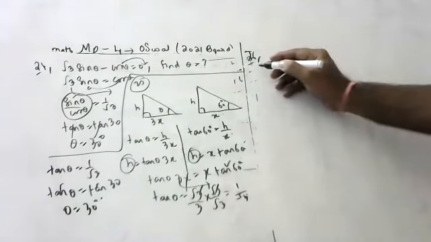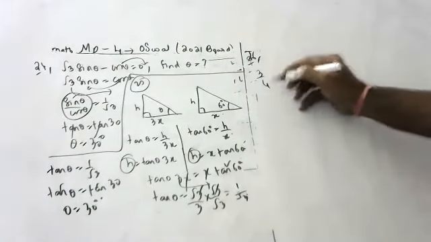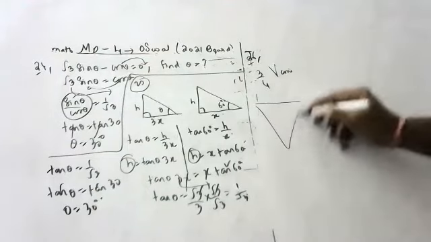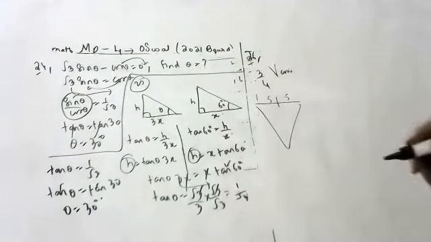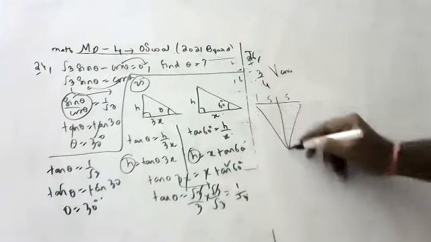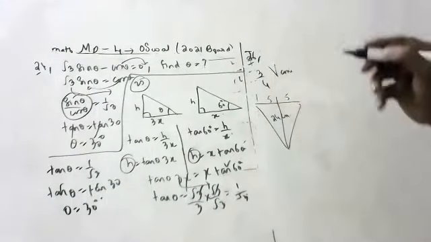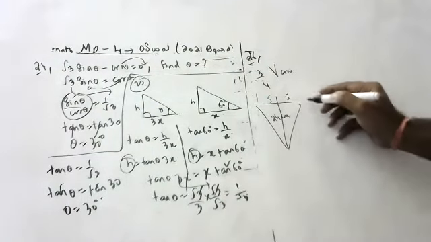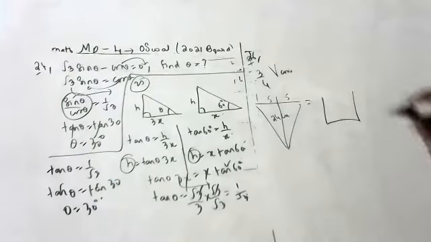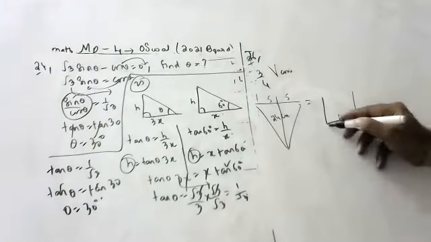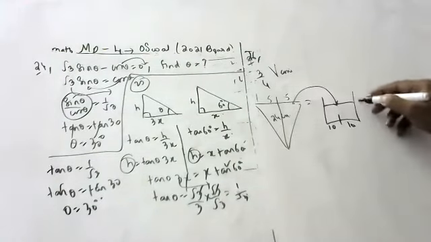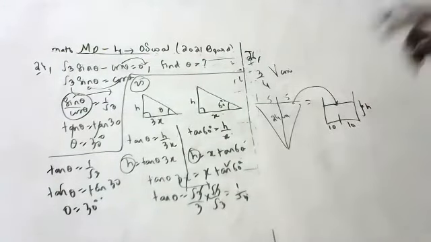Question 26. Satya, you say: 3/4 of a conical vessel of internal radius 5 centimeters and height 24 centimeters is filled with water. The water is emptied into a cylindrical vessel with internal radius 10 centimeters. Find the height of the water in the cylindrical vessel. All the water is put into this.